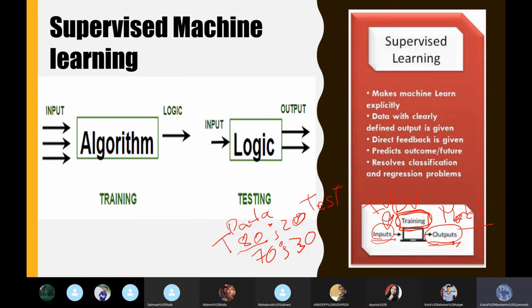And there are many other types of splitting as well. It is not just 80/20. 80/20 is a holdout method, and there are other methods like k-fold splitting and leave-one-out.